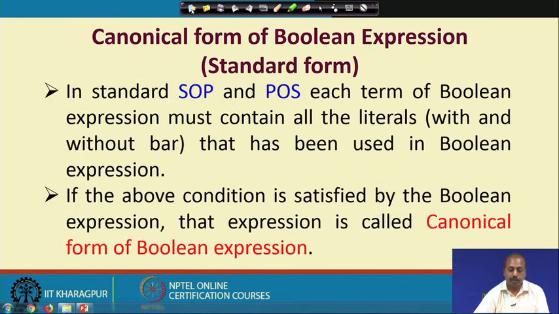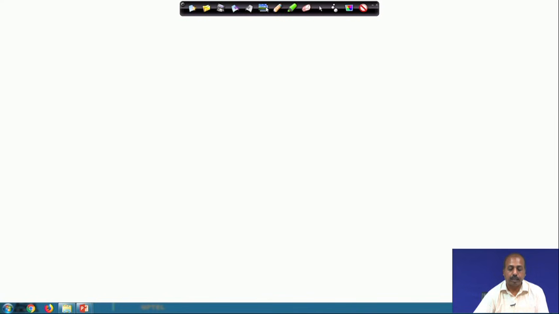But the problem with these forms is that they are not unique. For the same expression, we can have different forms. Let me take an example and try to explain. Say I have the expression A B bar plus B bar C or, say, B C bar. So, this is one form.